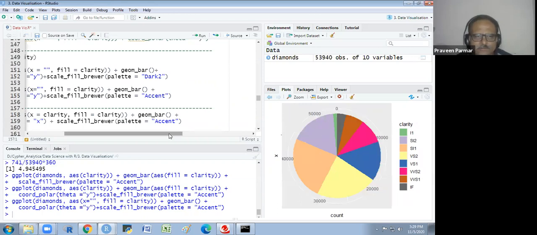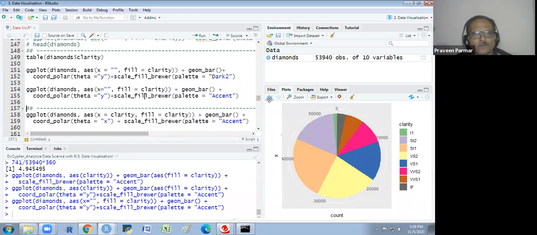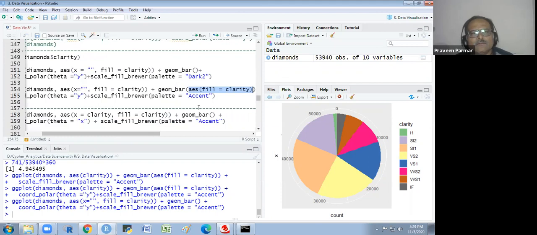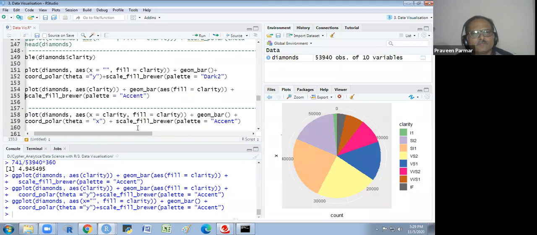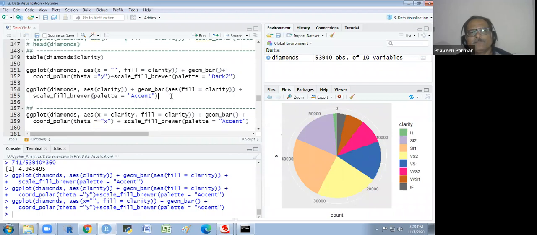The color has changed only. Okay. So I have done that. So I will clear it as it was earlier. Okay. So we could change the accent here. We have different palettes. You could search on the net for palettes in ggplot2.